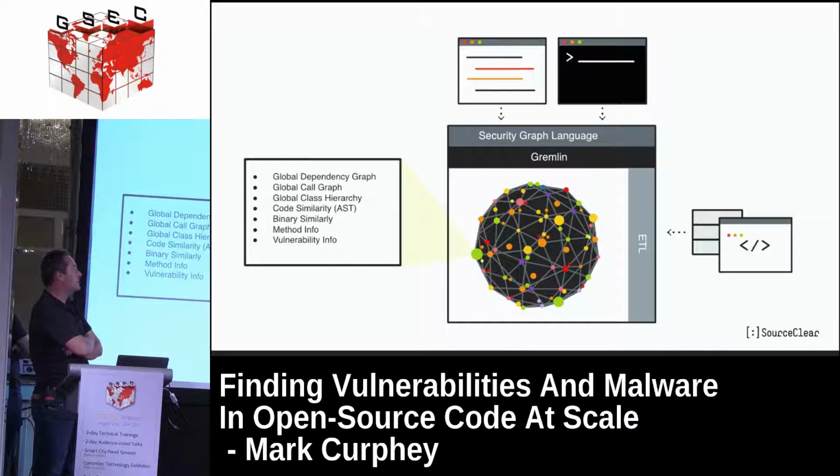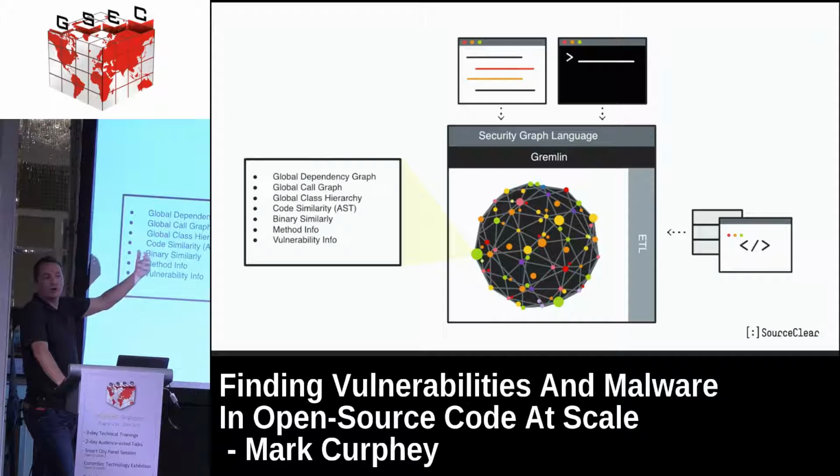It's DataStax Enterprise. DataStax Enterprise is built on Cassandra. Cassandra was the big database that came out of Facebook. So it is very large. And what we basically do is we take that world's open source code, all of those libraries, and we generate a set of abstractions off of that. So we build a global dependency graph.